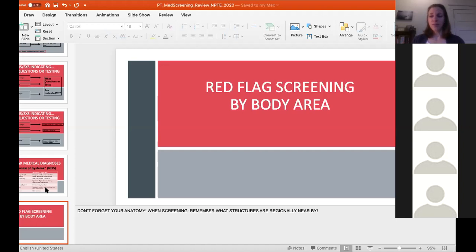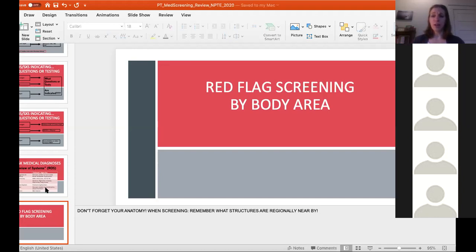If you're in the ankle, foot, big toe, you're probably not going to need to rule out organ system dysfunction. However, you may want to rule out things that are more systemic or rheumatologic or autoimmune. For example, first MTP or big toe is a common source of pain and dysfunction from gout, which is a rheumatologic disorder and not necessarily musculoskeletal or mechanical in nature. So just think a little bit regionally,